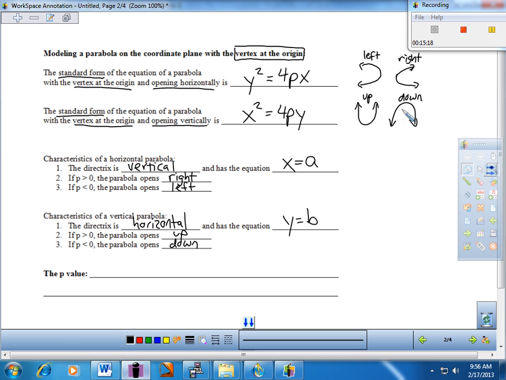All right, now let's get into that p-value. So what you're going to do when you see these models, you're going to see a constant out in front of this variable right here. That constant is equivalent to a factor of 4 times p. So that's what this is. It's a 4p. But it's the p-value that sort of affects what we're going to be looking at and the connection to the geometry, basically. So let's get that in place, I guess. So here we go. That p-value is this. It is the distance